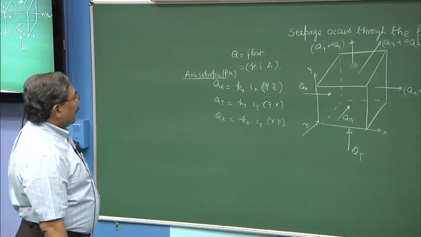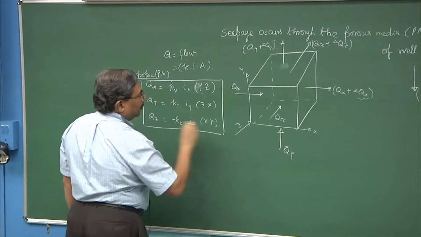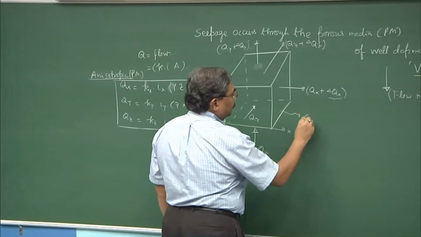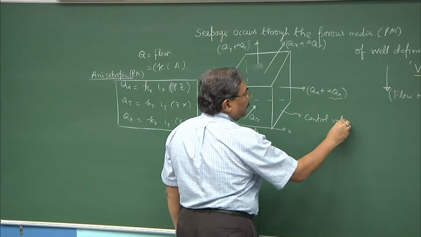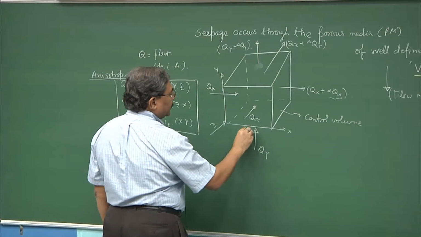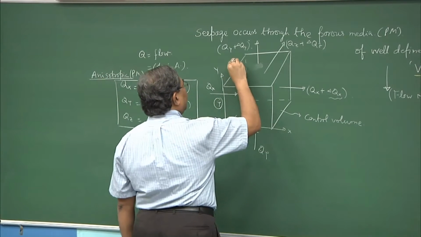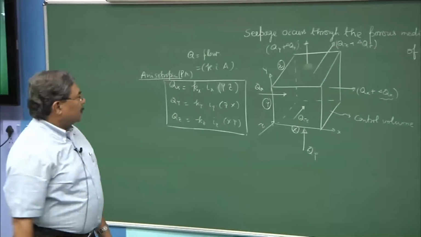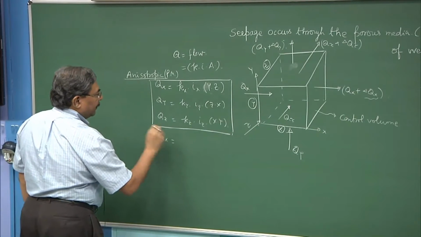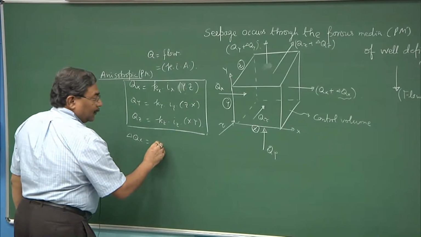So, I have the basic equations of the discharge or the flow which is entering into the control volume. This is the control volume, and what I am assuming is that the dimensions of this control volume are x, y and z. So, I can find out the incremental form also. The delta of Qx will be equal to, if I assume Kx to be constant, what will be the function for this?